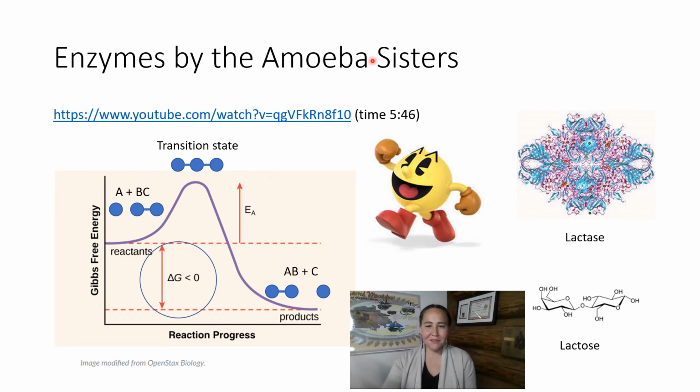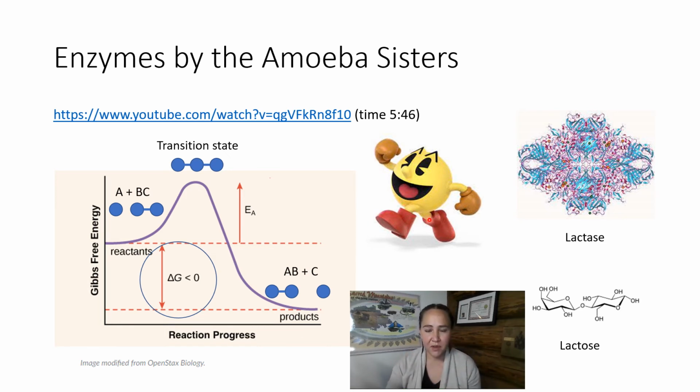So to go over this graph, reactants come in close contact with each other, and they go into what is called a transition state, where they have a higher value of free energy than when they were not put together. In order to overcome this activation energy, the requirement for this energy input, we have enzymes that come in and help the reaction proceed. So I have Pac-Man here coming in